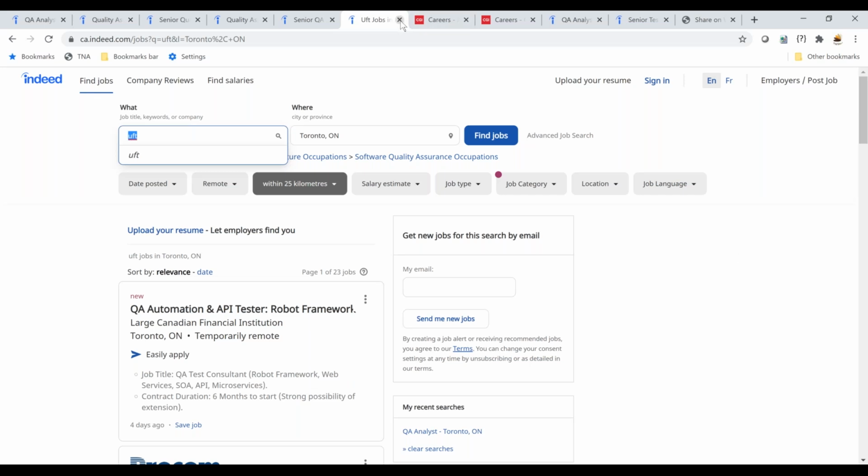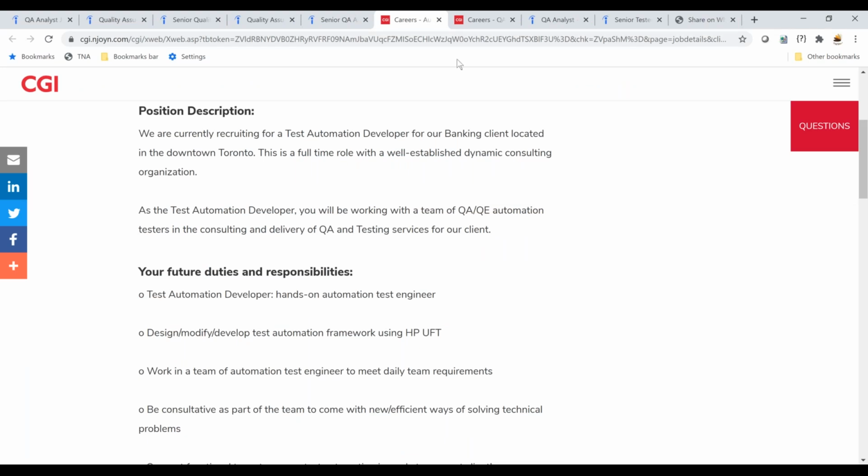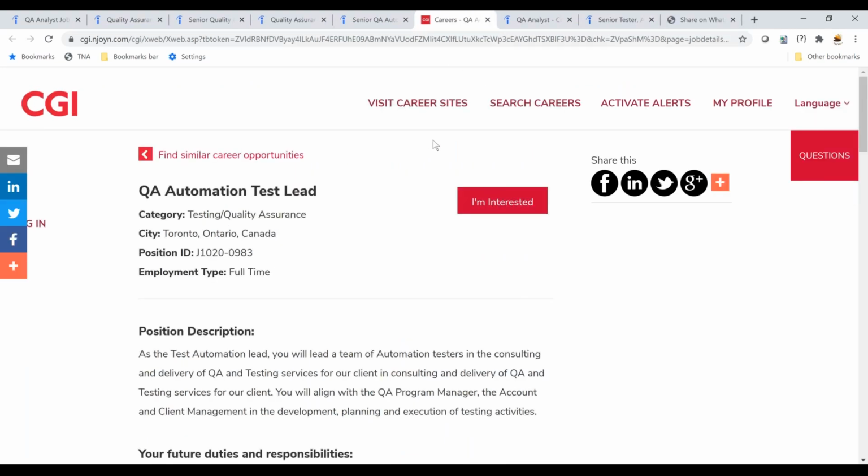So you are going to give us an overview on UFT also? Yes. I'm not saying we'll get only 1 or 2 hours of training, but we will discuss ample topics, not at the level of building frameworks. I will take the chance to discuss some VB script commands, how to write the scripts rather than record and playback, because first we are learning Selenium. With that Selenium knowledge, UFT is much easier.